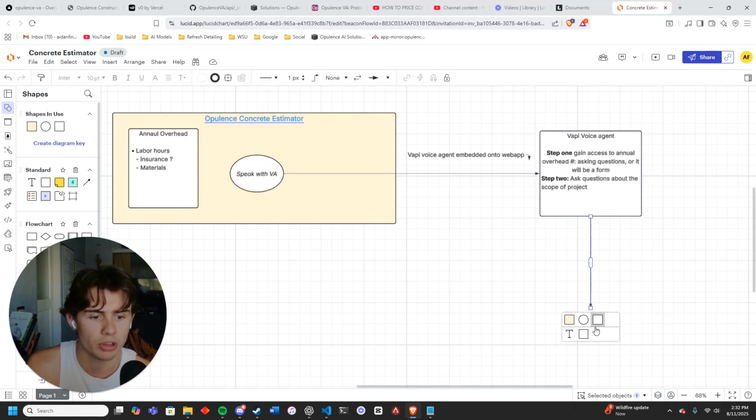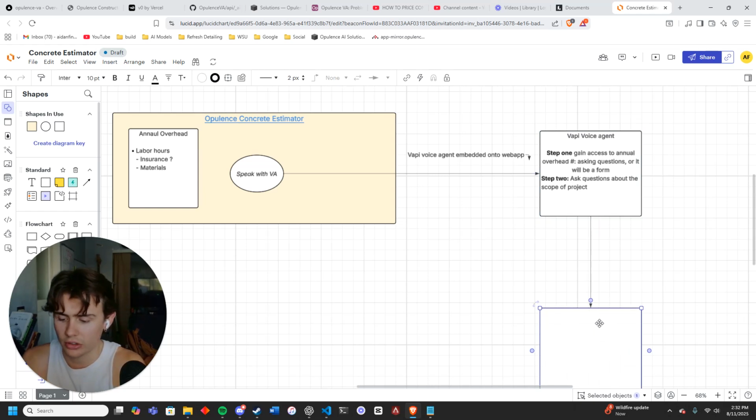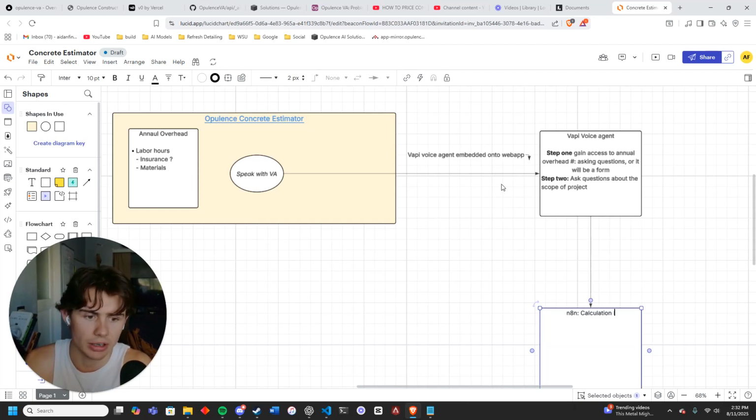So anyway, we're going to put this down here. We're going to say this is our N8N. And then this is going to be our calculation. Let's just say, yeah, calculation layer. So this is what's going to, well, not even just calculation. It's also going to be